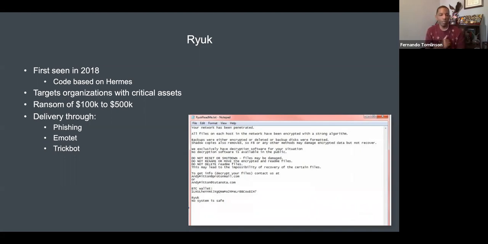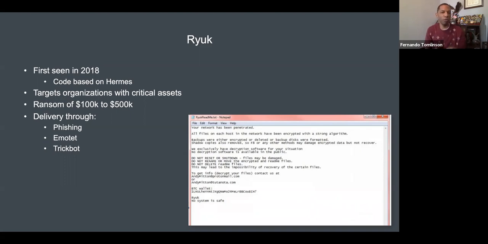Emotet, TrickBot, you typically see those together, and we're talking about downloaders and Trojans that were essentially a repurpose of malware, right? When we see Ryuk, Emotet, TrickBot, it's typically done in the fashion of an assembly line, right? There are people who might be using Emotet to gain access. Once that access is given, it's passed over to another group of people who might be using TrickBot to do expansion, lateral movement, and then they're going to utilize TrickBot to actually download Ryuk, right?